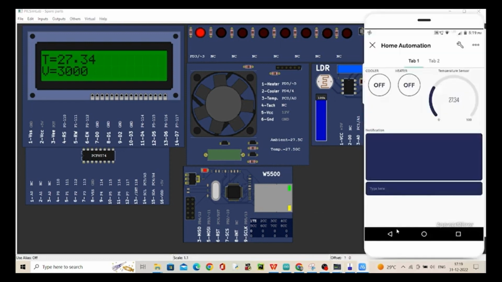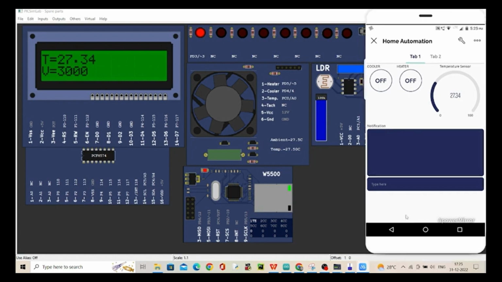So now I am mirroring my mobile to show the Blynk IoT application. We have created two tabs, that is tab 1 and tab 2. There are two buttons in tab 1, one for heater and one for cooler, and the gauge will sense the temperature and show the same as in the CLCD. Notifications can also be viewed here in the tab.